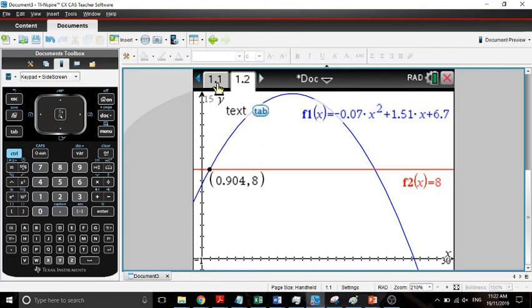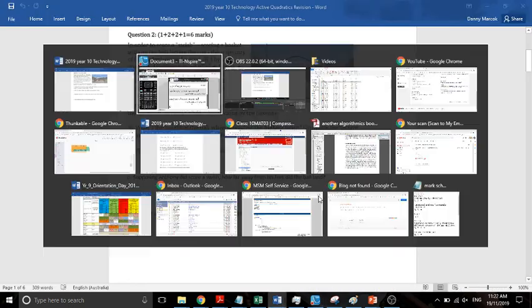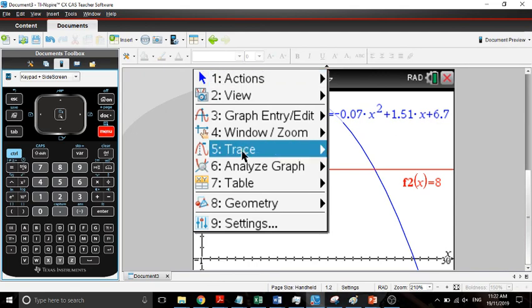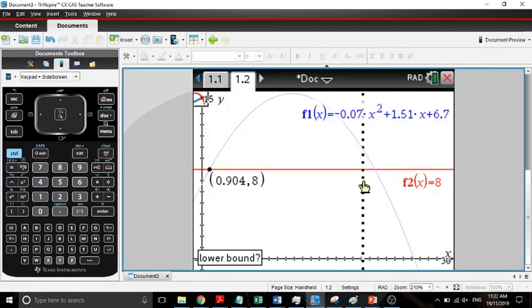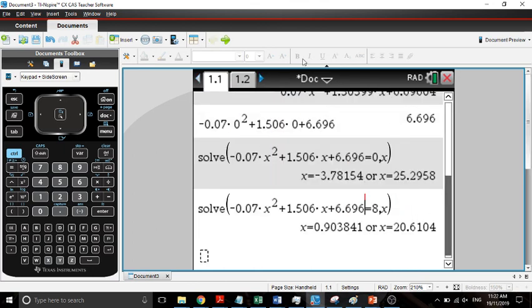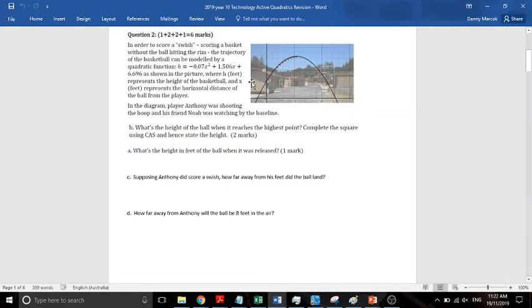0.904. That should be the same. Yes, we get a much more exact answer by doing this. Now we look at our next one. Menu, analyze, intersection, 20.6. Have a look at this, 20.6, and now we have 20.6. So that's how we can find out how far away the ball is when it is 8 feet in the